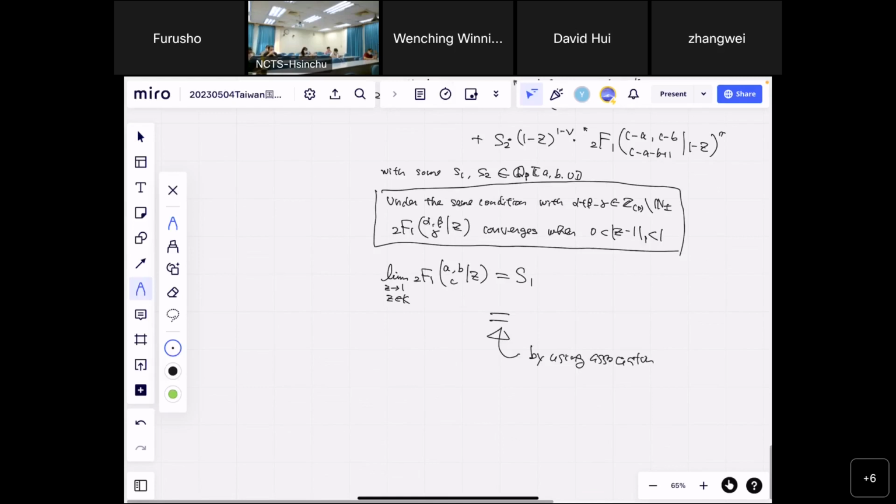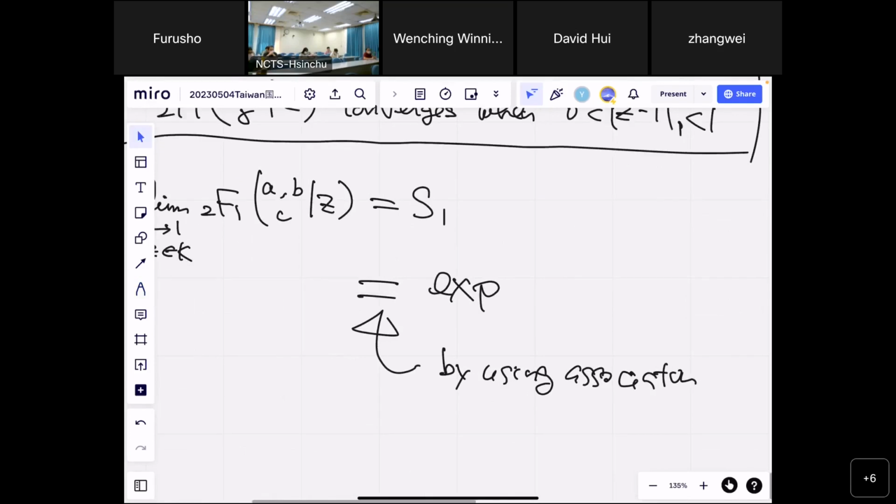If you evaluate some specific 2x2 matrix to associate x and minus y, then you will recover the gamma functions. There's some argument using this to associate that. So I can't talk a lot. If you consider the associator, you can show that this is